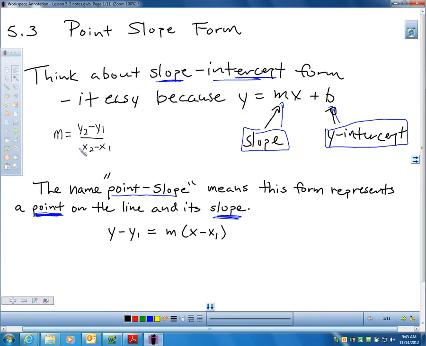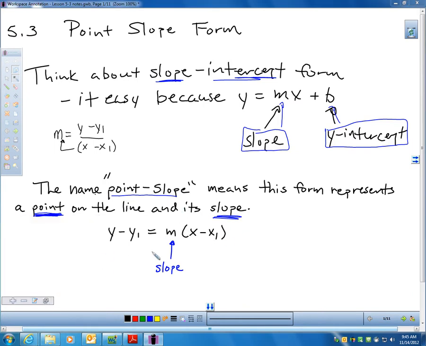All they did is they took the x sub 2 minus x sub 1 and put it over here and multiplied it with m, and all they did was erase the sub 2's, and if you do that, do you notice how you get right to here? So this equation, this form, is derived from the slope formula. So it's the same thing as the slope formula, except instead of having m equaling y sub 2 minus y sub 1 over x sub 2 minus x sub 1, we just have m times the x sub 2 minus x sub 1 and the y sub 2 minus y sub 1 on the other side. Okay, so